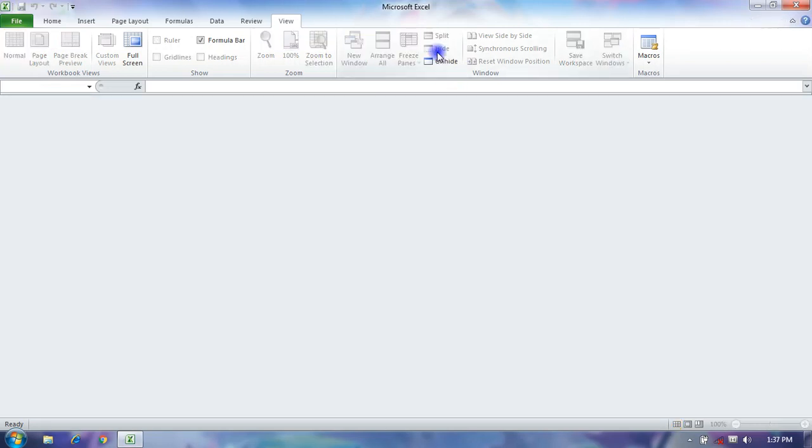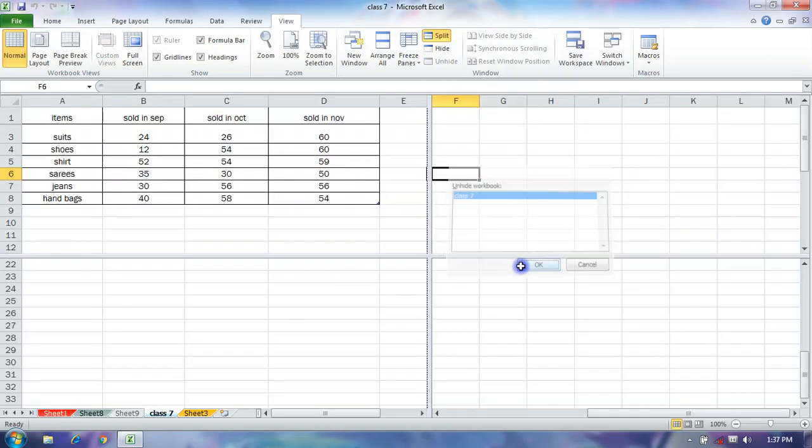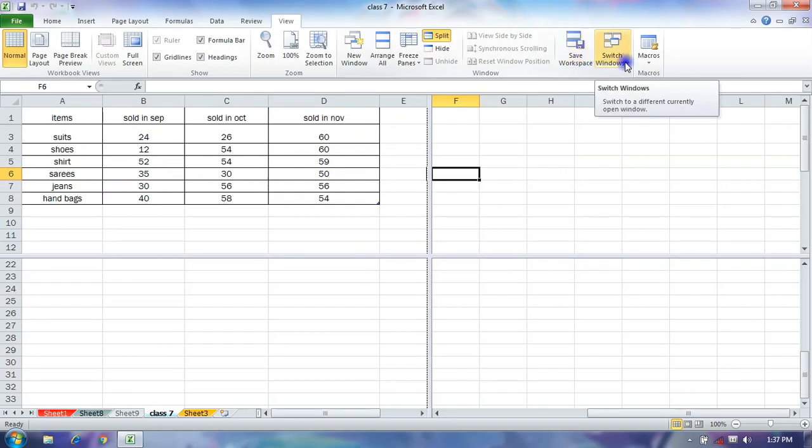Hide: you can hide your entire worksheet or workbook, or click Unhide to unhide your worksheet. Save Workspace, Switch Windows: when you are working in two or more windows, you can switch from here and jump to another window.